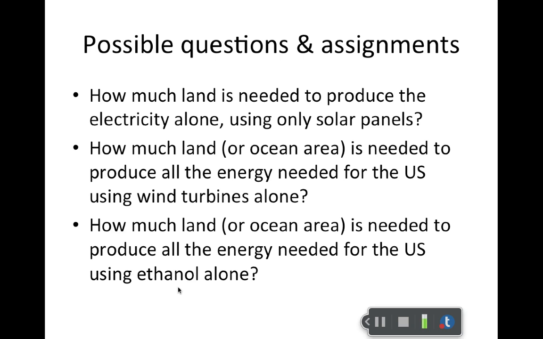The government has mandated that some amount of ethanol can be mixed with petroleum to produce gasoline. You can also produce electricity using ethanol, so it'll be interesting to see how much farmland you'll need in order to produce all of our electricity using